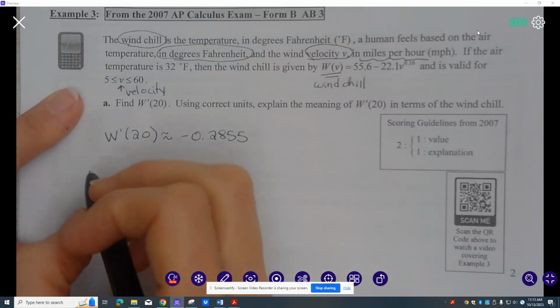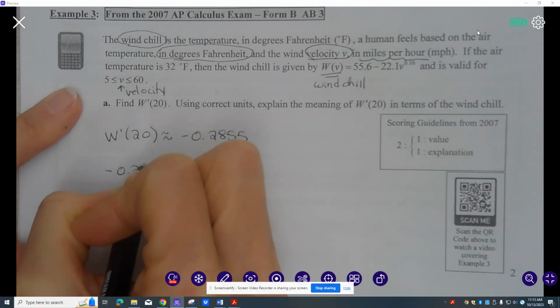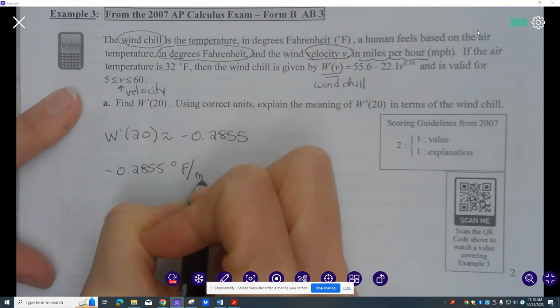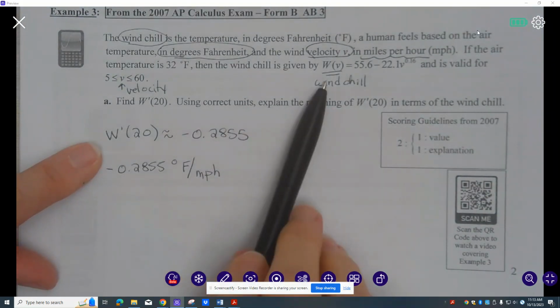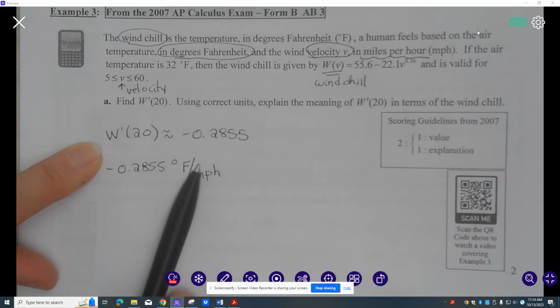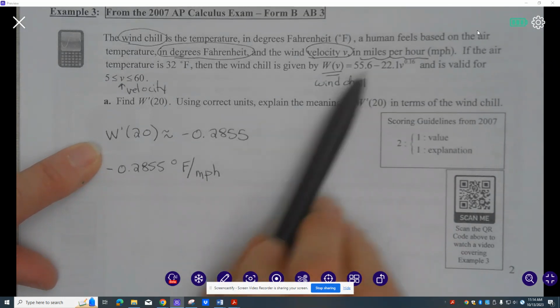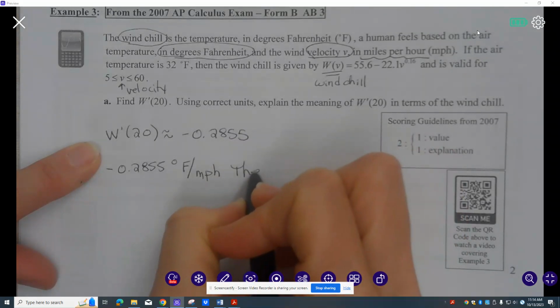And now we're going to say, I'm just going to repeat this, 0.2855 degrees Fahrenheit in miles per hour. So think about this. This was a rate, and then we took a derivative. So it makes sense that we have a rate for our denominator here. It's almost like acceleration when you get seconds squared, because this already was a rate, and then we took the derivative again. So this is the wind chill